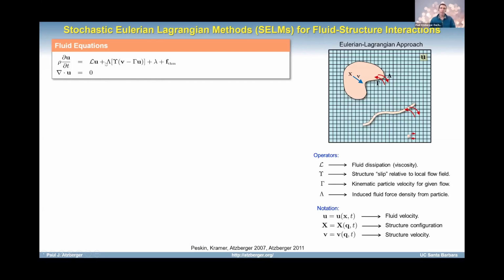The main thing to note about it is if the microstructure is moving faster than this reference fluid velocity, so gamma u is the usual velocity averaging type of operation, there's going to be basically a drag that pulls the fluid, in the motion of the microstructure, towards the microstructure. And then the lambda here basically takes that drag and converts it to a force density using a force spreading operation. I'll say a little bit what these lambda and gammas are in a moment, and you can make them pretty much anything you like, provided they satisfy certain basic properties like an adjoint condition.